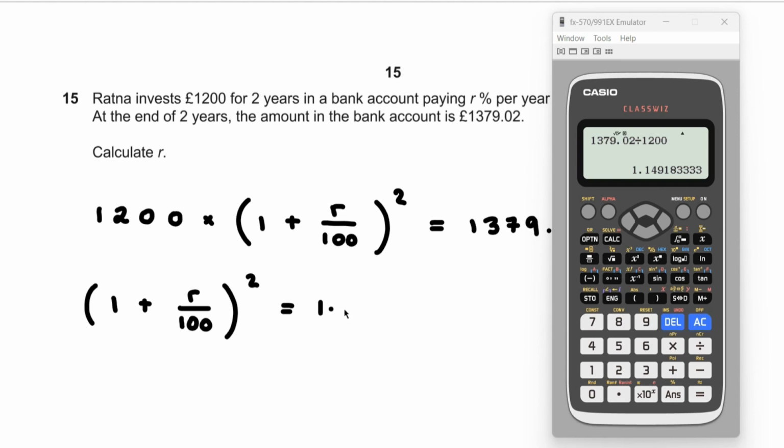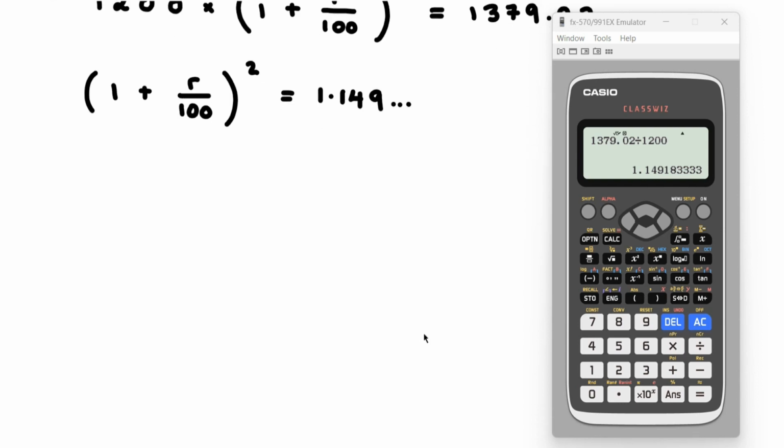And it turns out I get 1.149, etc. So I've got 1 plus R over 100 equaling the square root of this, which is